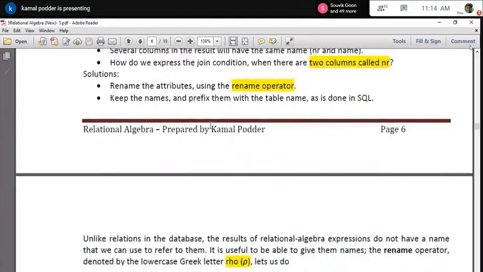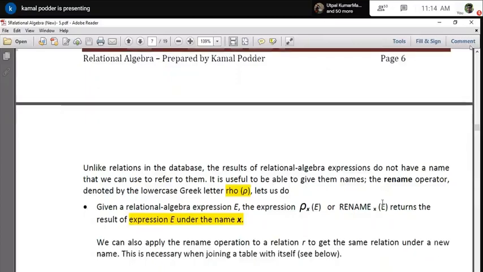Actually, in SQL, I have already pointed out that when we write select, inner join, outer join, or all the complicated SQL, that is the purpose of alias. That is the reason we provide an alternate name, so that there should not be any ambiguity when the column name is the same, or when a table is joined with another copy of the same table. Okay, so in that case we are doing the alias, and here we are using the rename operator.